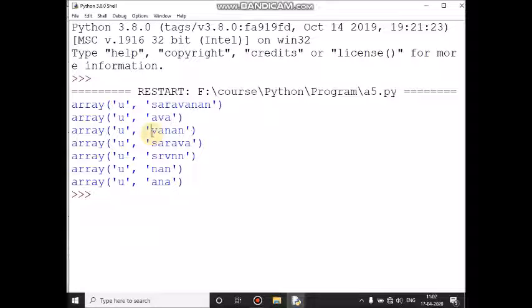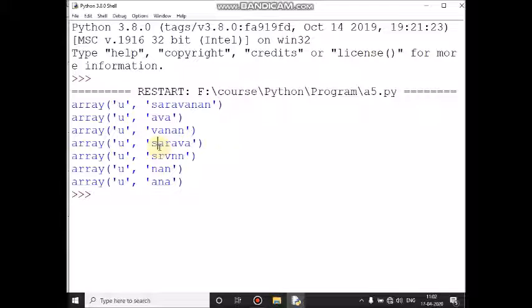Here B of 4 colon. That means 4th position till end. That is 4th character, 0, 1, 2, 3, 4th position till end. VANAN.